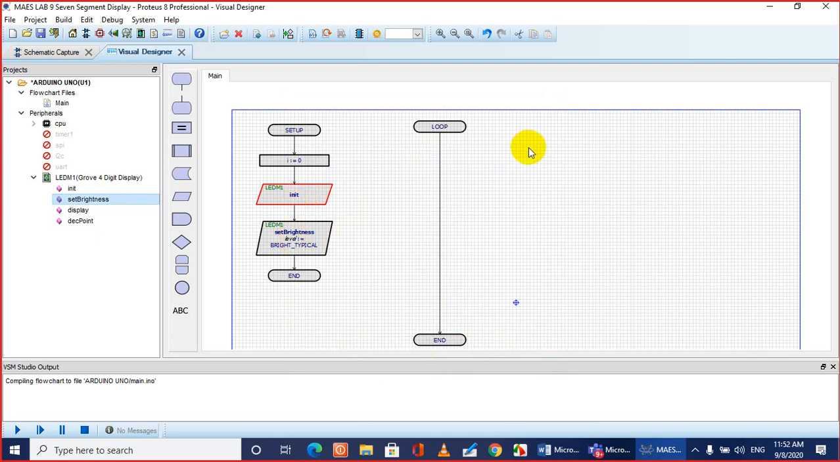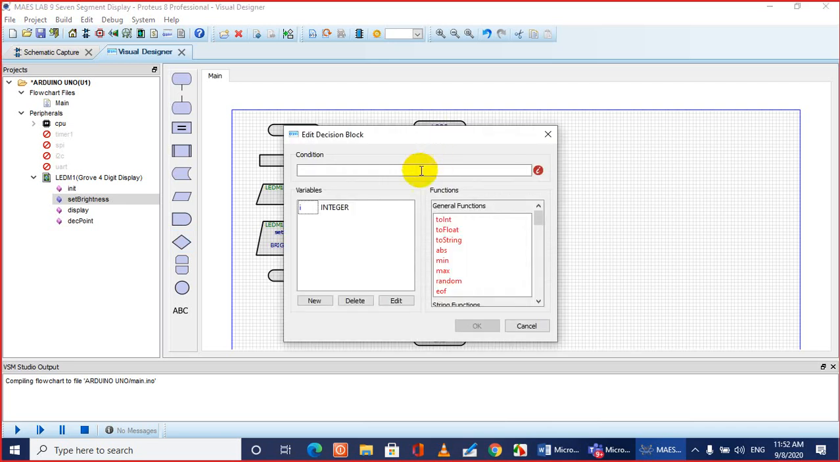Next, just display. To display, I think what you need to do is run through a loop. In the loop, we need to test whether we have displayed all the numbers or not. So let's pick up a decision block. We'll display 0 to 9. So in the decision block, we check the condition